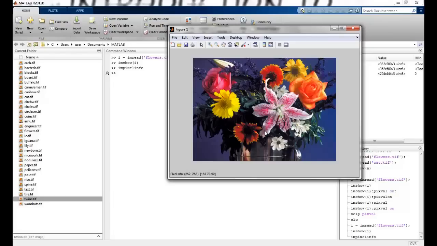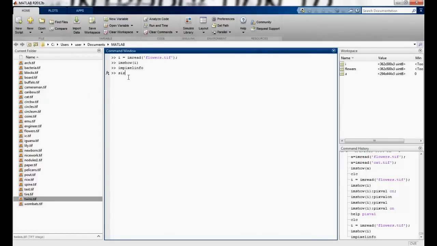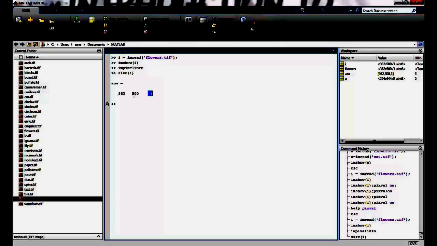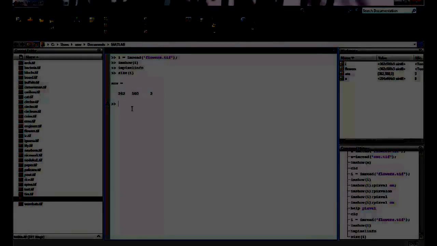Now we can find out the size. So we can say size I. You can see it is a 362 by 500 image, and it has 3 planes. So it is a 3-dimensional storage, 3 matrices of 362 by 500 each.